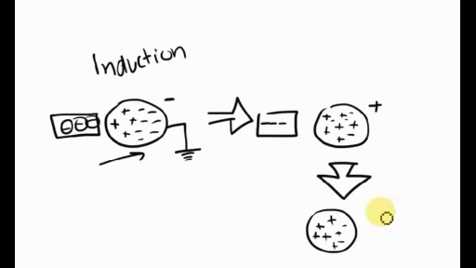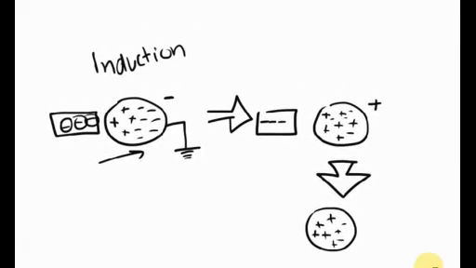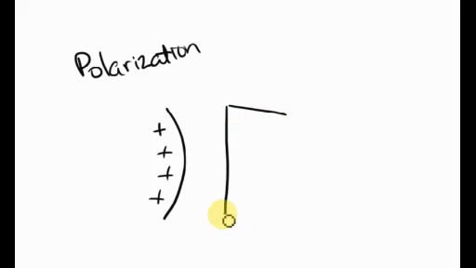So, let's say that you have a charged object over here, a bunch of positive charges, and you have an insulator right next to it. And this insulator has both negative and positive charges. And these are induced. If this is your insulator,